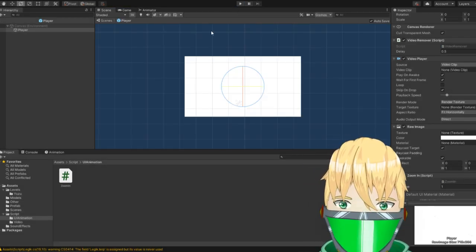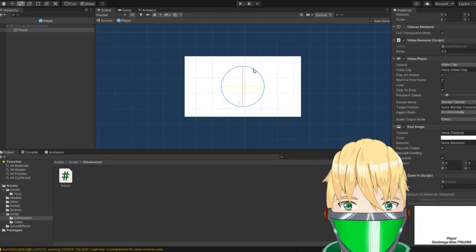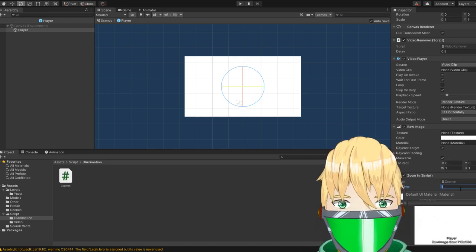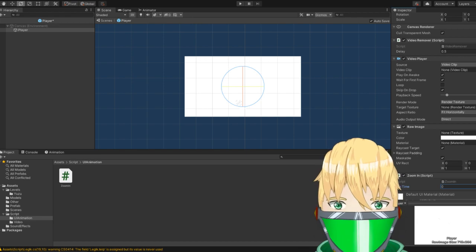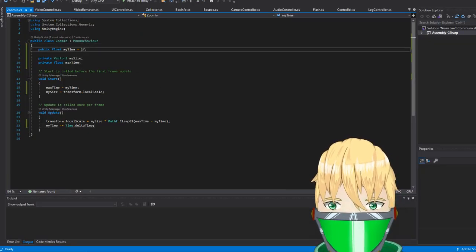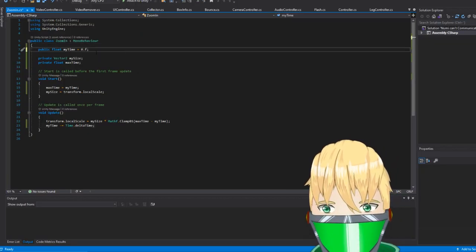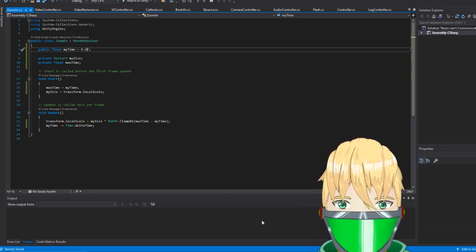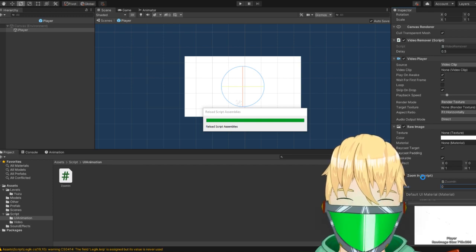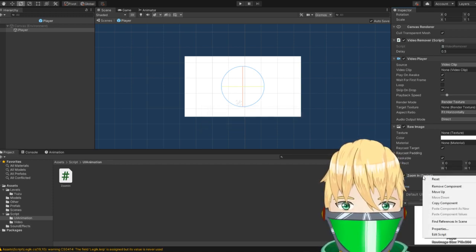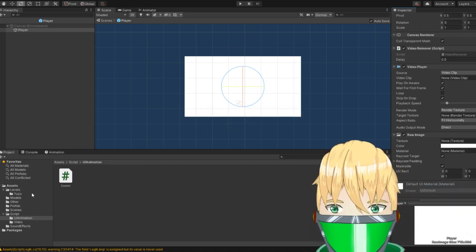That's not really how we want it now. Actually, my time at being 0 is also too long. We're gonna change it here in the code. So we'll change it to 0.6, I guess. That feels better. So yeah, we don't want the zooming script to be here. That's the problem.